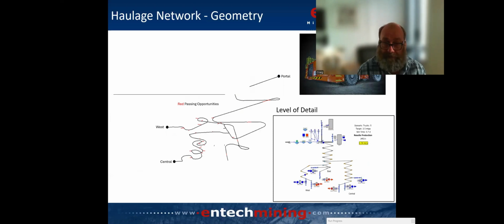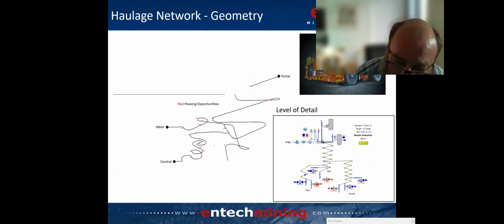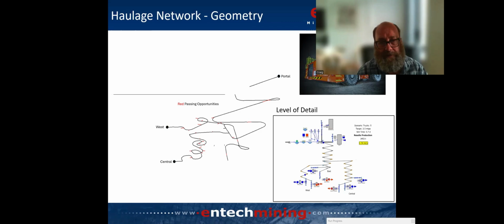You can see the stope here is half depleted, and as the mine progresses, that particular part of the ore body will be extracted. So what I do is I simplify it to a point where I'm able to understand where the passing locations are, and I put it into a JAMSIM model, which is not as elegant as Harry's models, I must admit, with its shipping and stuff, but it does the job. And what I'm doing here is simulating the